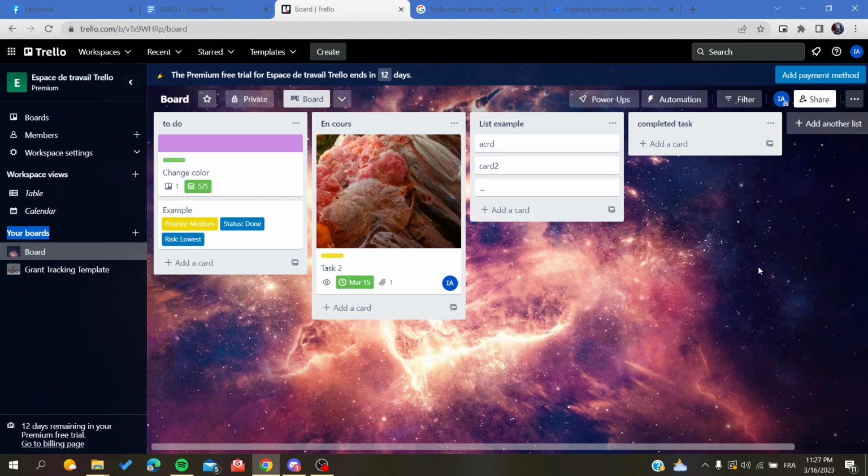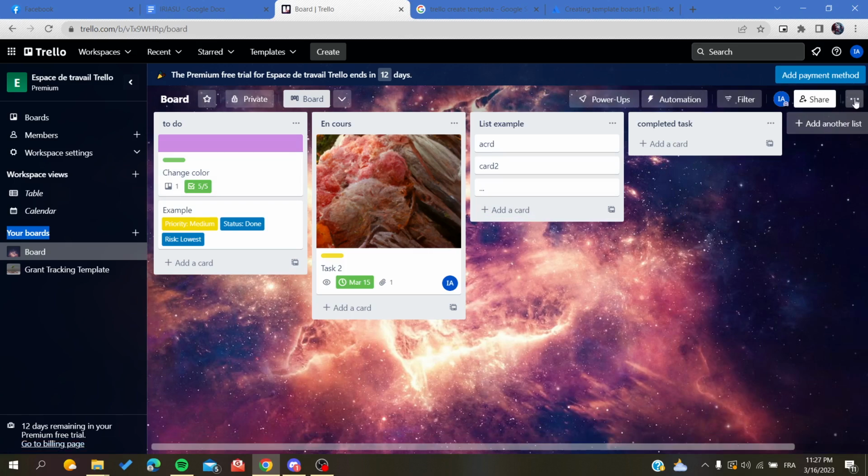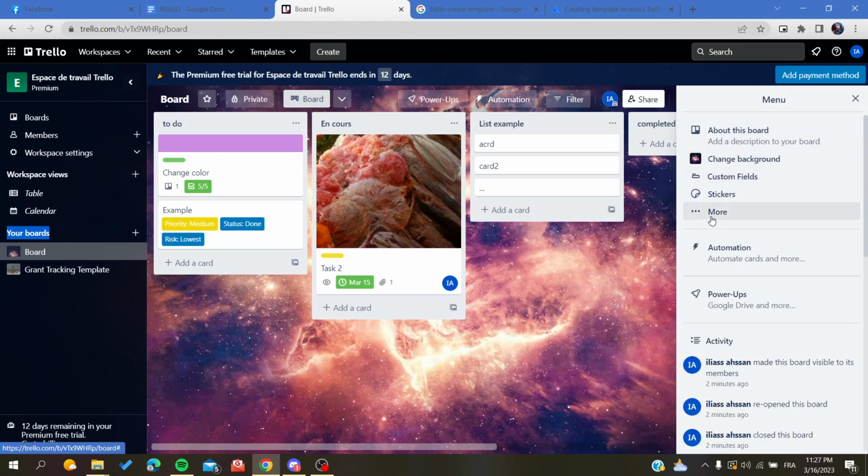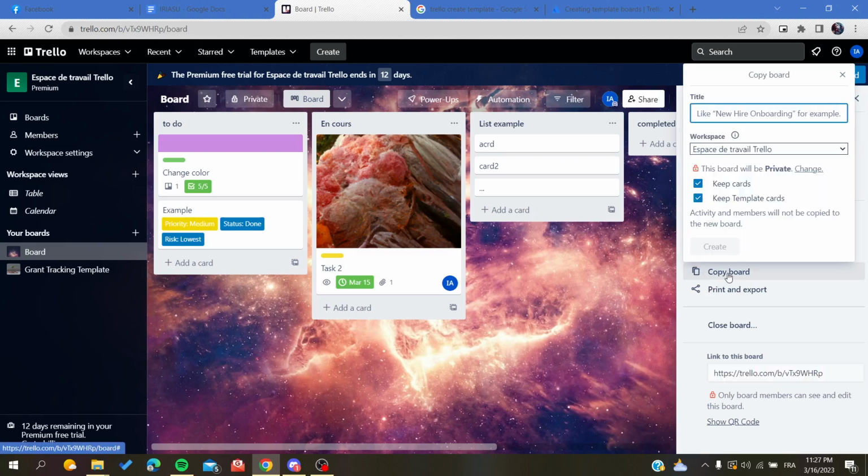view. So basically now we will need to go to the boards option or menu by clicking on this 3 points icon. So we click on it, and here we will find the more button. So here we will see a bunch of buttons, and basically we are just going to choose the copy board action. So basically by that, either you have